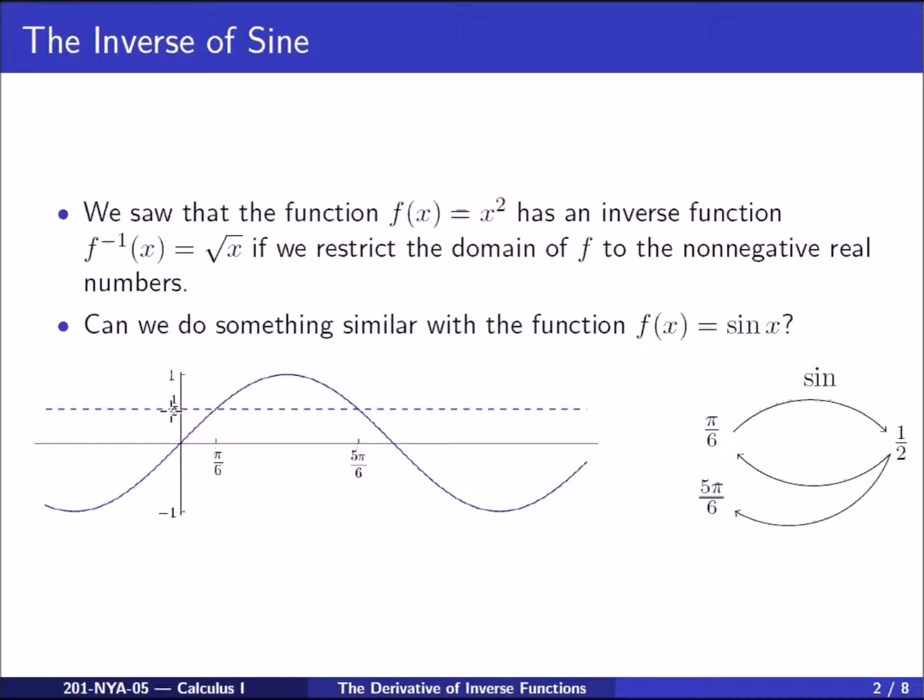If we try to find two angles where the sine is equal to 1/2, we would at least have two possible values, pi over 6 and 5 pi over 6, but there would also be other values that are not illustrated here on this graph. So there are actually infinitely many possible values where the sine of x is equal to